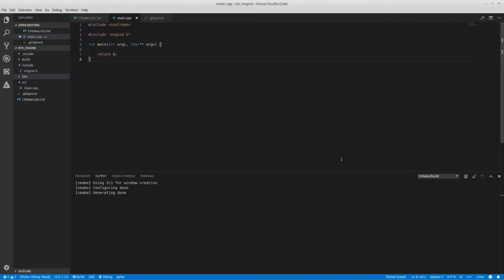Hello there, I'm Solder. Today we're going to be starting a series on making a very simple RTS engine in OpenGL with C++. So I'm not trying to make this super complicated. The main thing is just going to be making entities move around and doing swarming and that sort of stuff. I'm not going to try and compete with StarCraft or anything. It's just more of a learn the ropes of this particular type of game and game engine